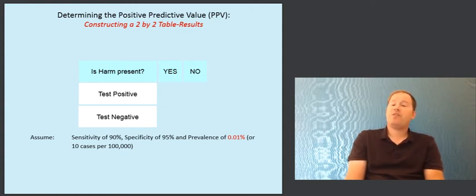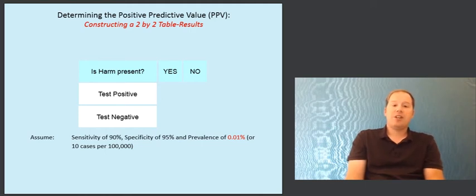And let's assume for some reason we knew that in the background population at large, the prevalence of the condition is 0.01%. That is, we know that out of 100,000 people randomly sampled in the population, 10 people, and we don't know which 10 people in advance, but we know that 10 people will have the condition that we're looking for. The question we're asking is, for any given test result, if we were to screen people, how likely is it that the person actually has the condition, given that they in fact have tested positive?